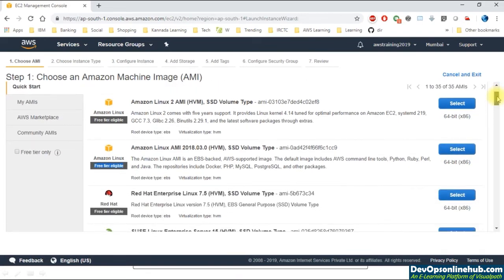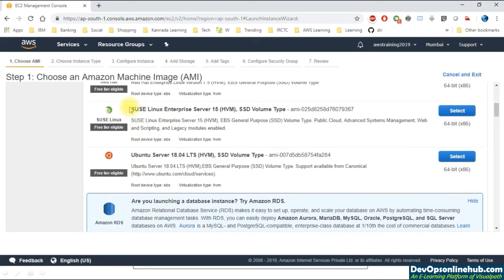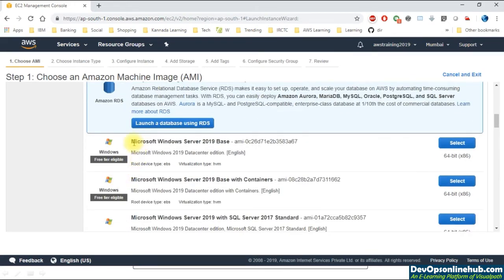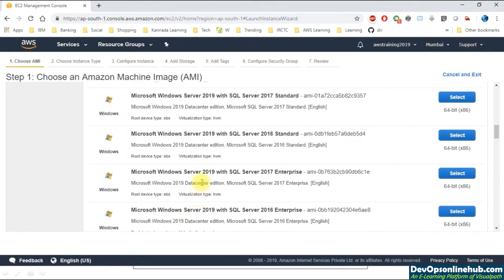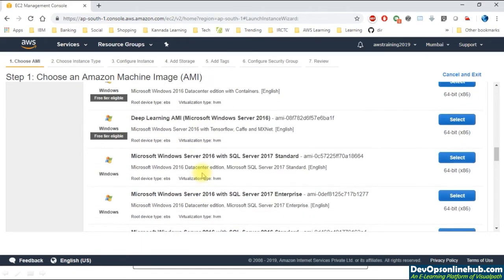So here we have other images as well. If you want to spin up Red Hat Linux, you can go with it. If you want to create a SUSE Linux, you may want to use this. If you want to create an Ubuntu server, even that is available as a part of free tier. If I scroll the page a little down, I also get Microsoft Windows Server 2019, 2016, and then we also have 2012.